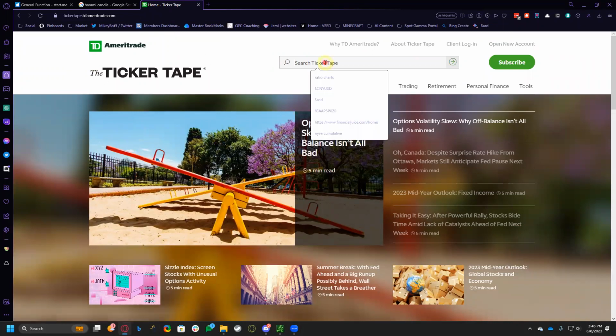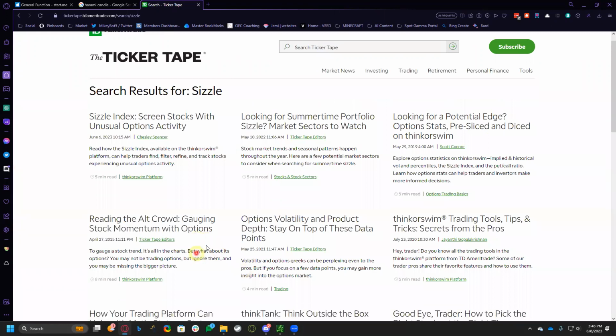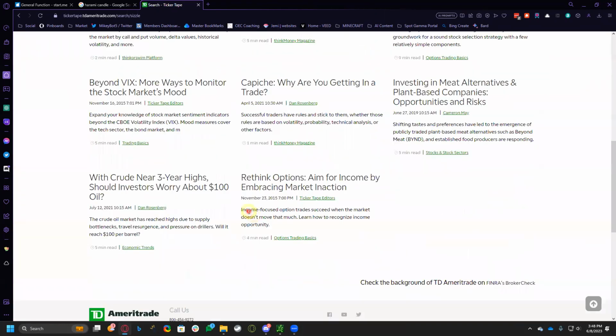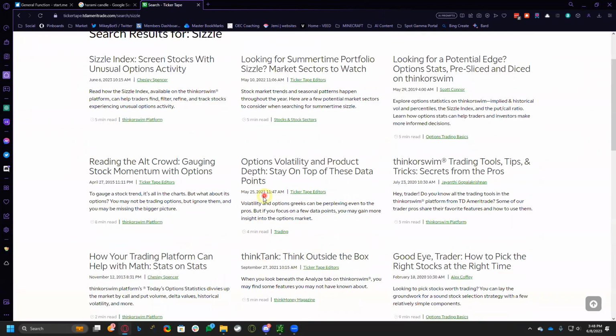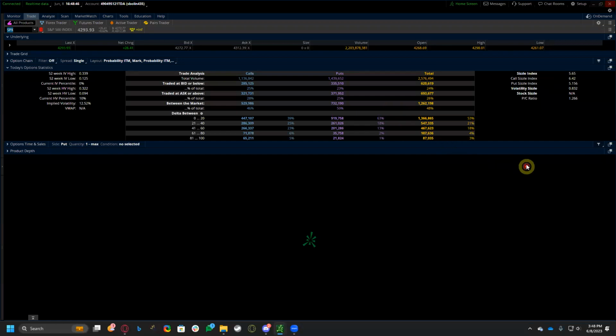And from here, if I search sizzle, I'm going to get all these articles about sizzle. I think there's 50 in total that cover all the different things about sizzle. So it's pretty awesome. It'll explain it in much more detail, but the main takeaway is we're looking at the 5-day average of whatever,